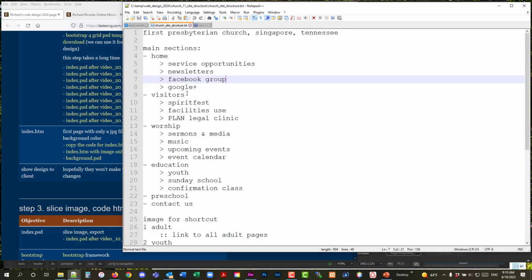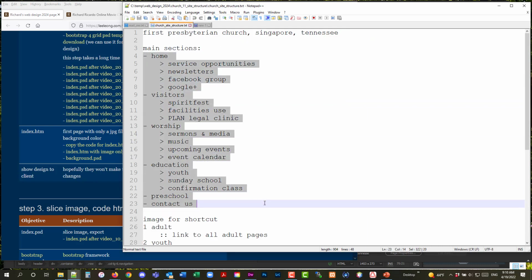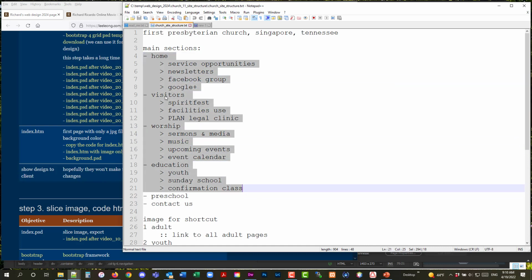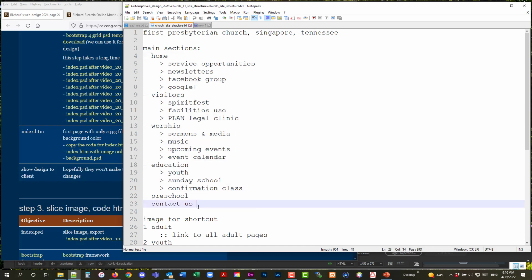All right, let's see where we stopped. So we want the site structure to look like this. This is a pretty simple site structure. Two levels for four of them, and one level for two of them. No search, nothing. No home and all that. So if you look at what we have now,